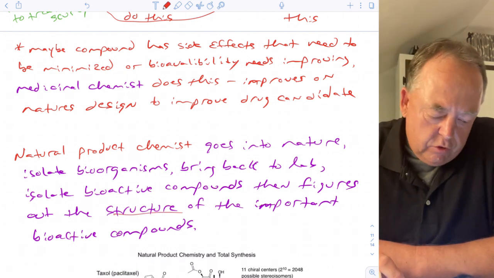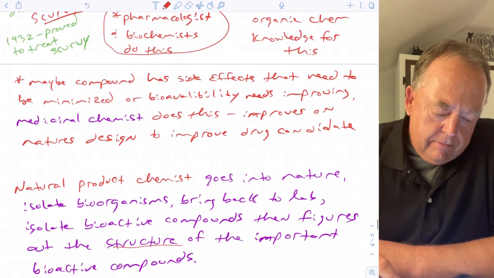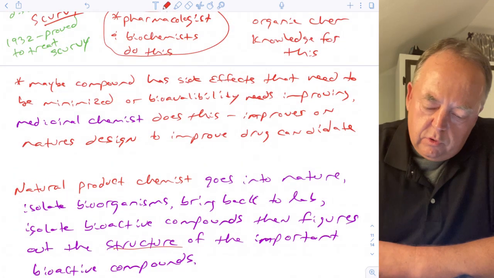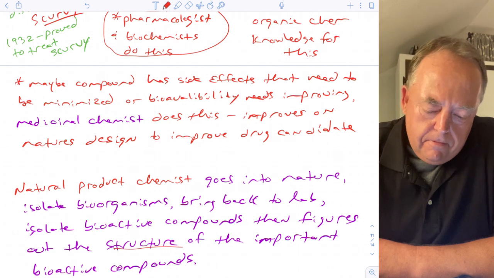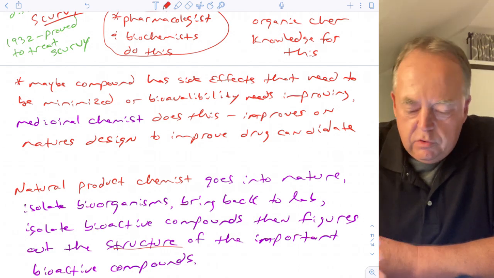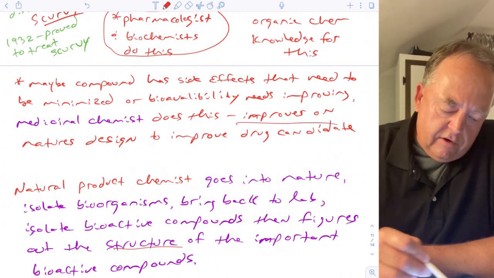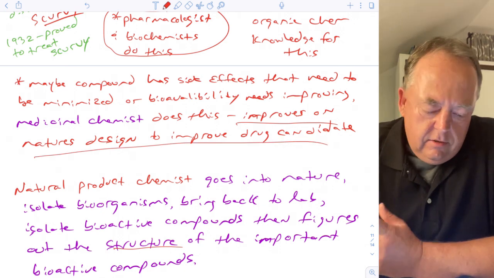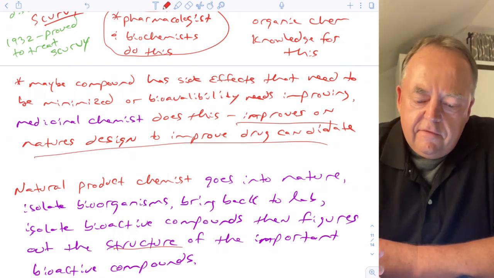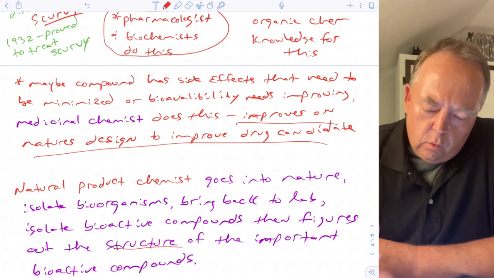Then you would hand it off to a medicinal chemist. A natural product chemist could also figure out ways to make the molecule, but a medicinal chemist would figure out a way to improve on the molecule if it has side effects,